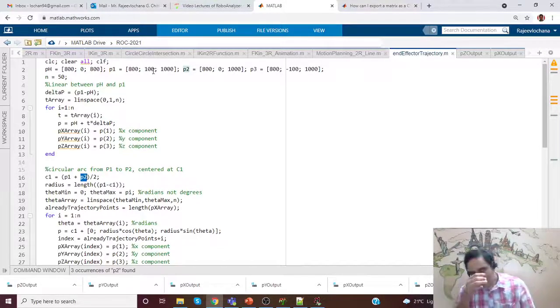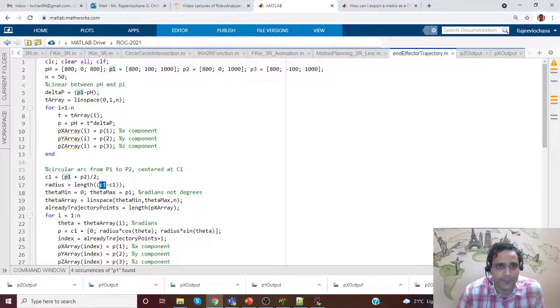Okay, now I know what could be the issue. 800 minus 800, C1 is 850,000, that is fine. P1 minus C1 will be 0.